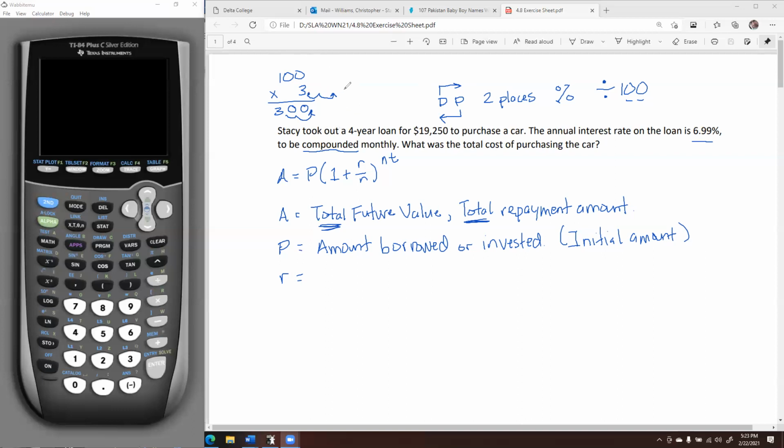So instead of going to the right, we're going to go to the left. All right. So when we enter our interest rate, we're going to convert this. We're going to shift our decimal point 2 places to the left. So we're actually going to enter